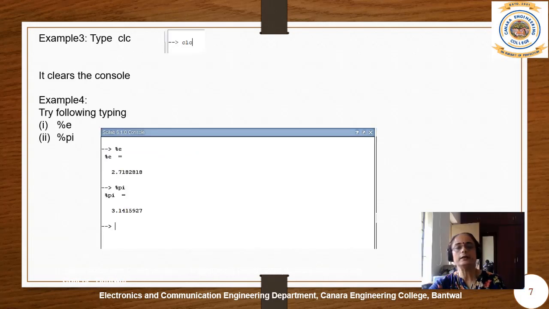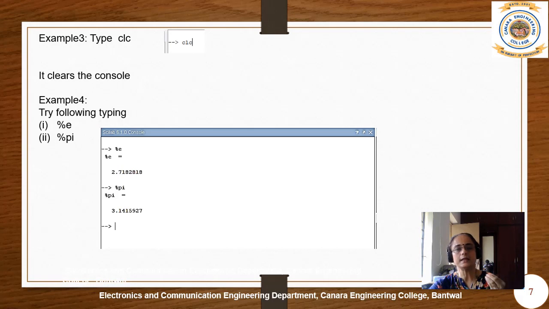Now I want to clear the screen. I have already got hello value there, I have already got x value there. I want to clear the screen and make it very blank. In that case, I have to type CLC. Against a prompt window, type CLC and press the enter key. You will see that the entire console window, whatever variables you have, whatever statements you have written, commands you have given earlier, all get erased. So it clears the console window.